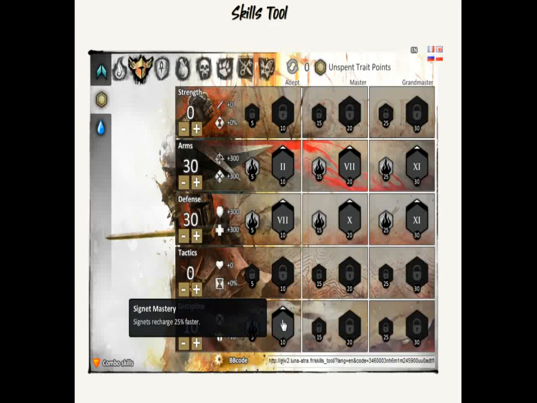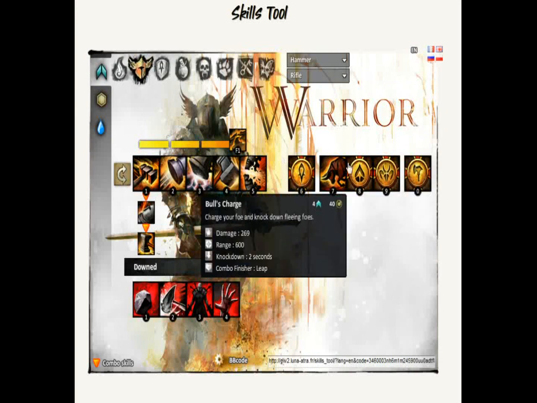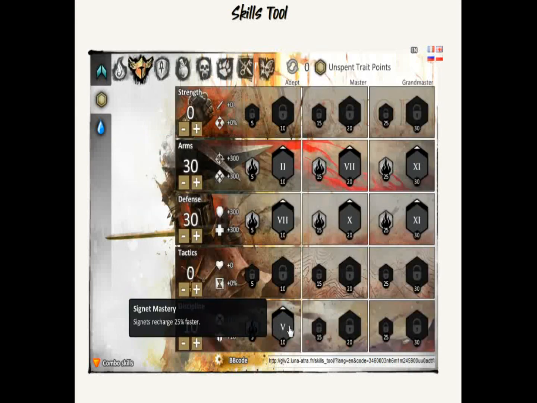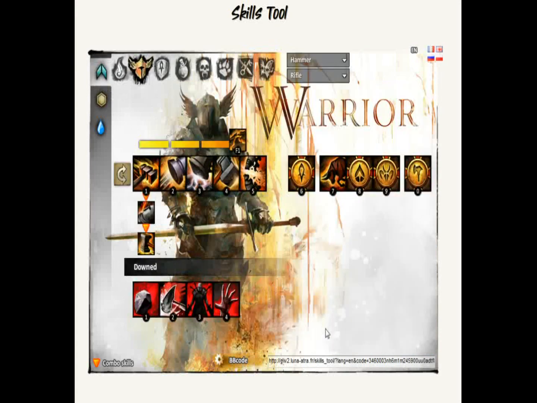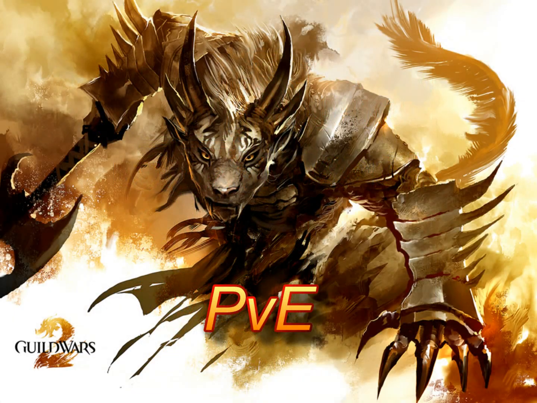Last is going to be signet mastery. The reason for this is because it combos well with deep strikes. If you have to use your signets to remove CC to gain power or to heal yourself, this is going to help you get those signets up even faster. That's a general overview of the level 80 potential of this build, but let's go ahead and go into what